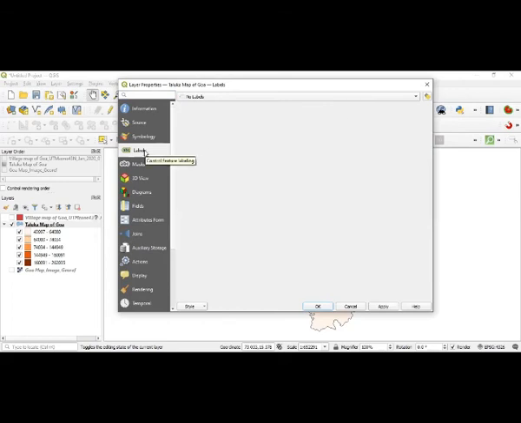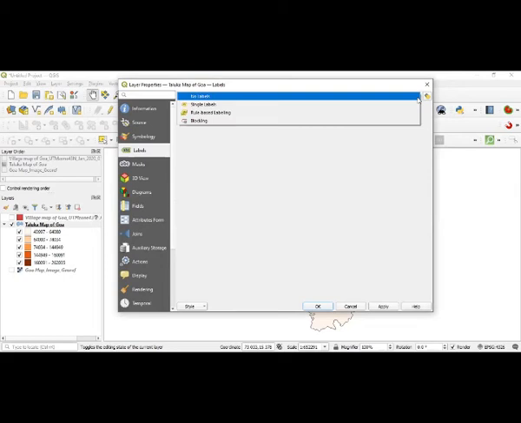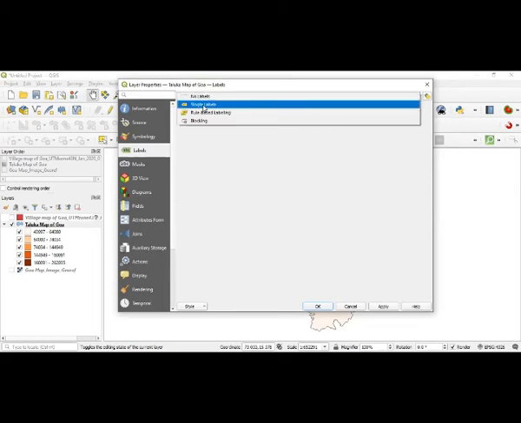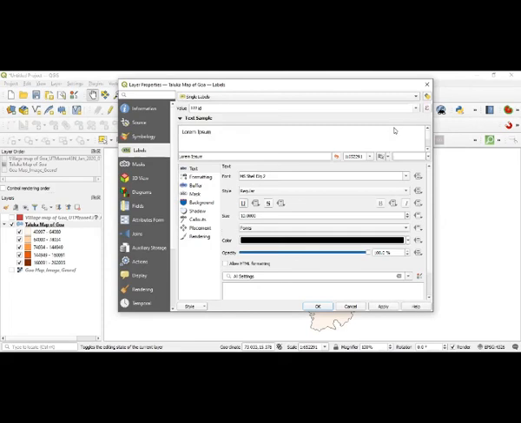Just below the symbology, there is Labels. And here on the top, there is "No Labels". I will click on that and I will get "Single Labels". Okay, so I will take only one of these, the single labels. When I take the single labels, you can see that some more information comes here. It is going to ask what value you want to give.